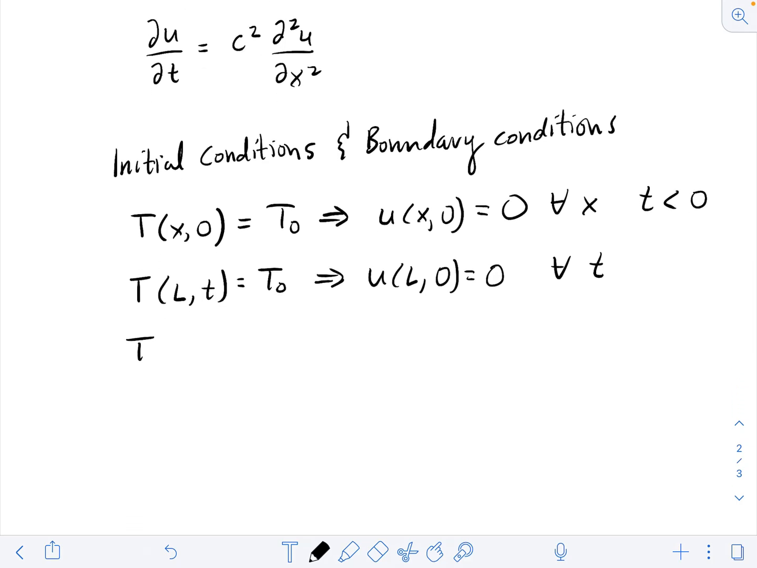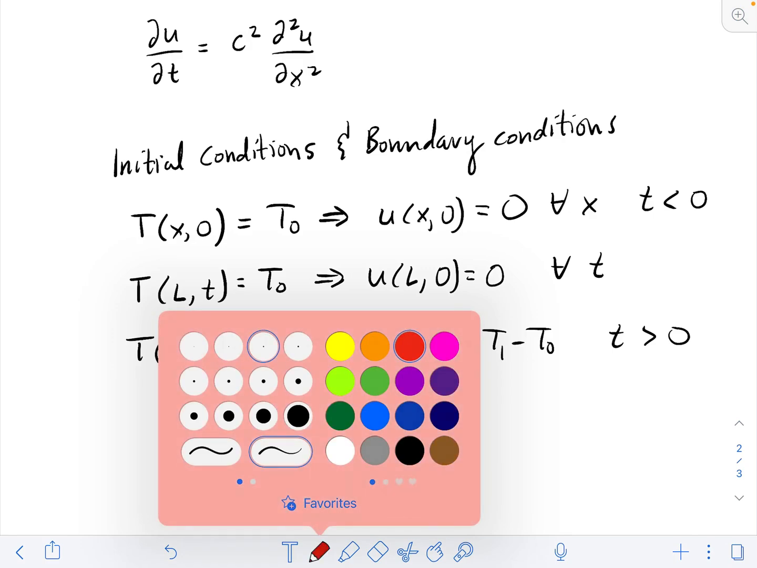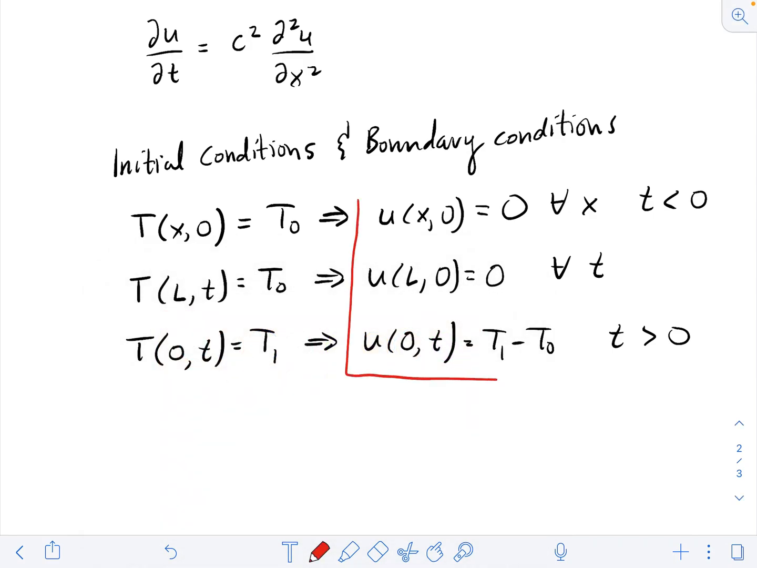And then finally, we have at x equals 0, for times greater than 0, the temperature of the rod is T1. So that's where we have the step in temperature. And so that means U at x equals 0 for times greater than 0 is equal to T1 minus T naught. And so this is t greater than 0. Okay, and so we're going to make use of these conditions as we come up with our solutions to the